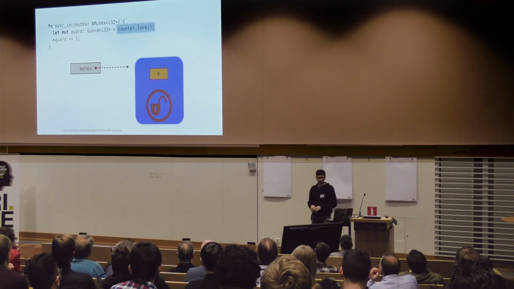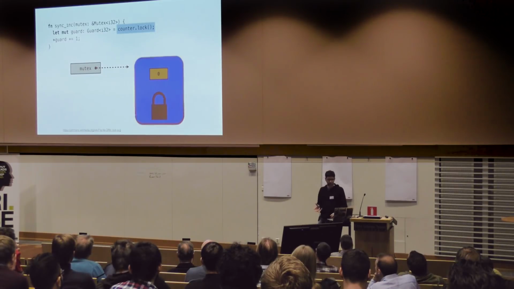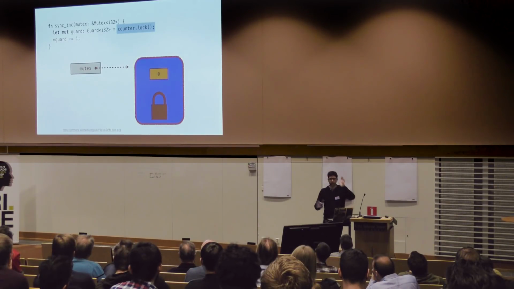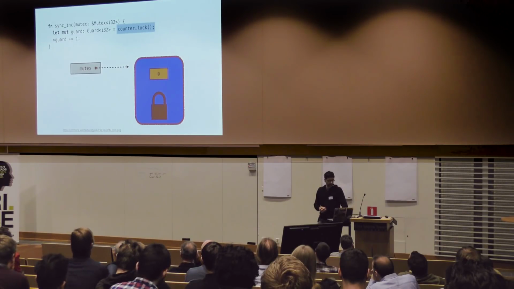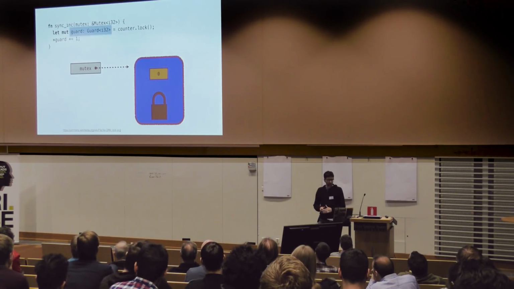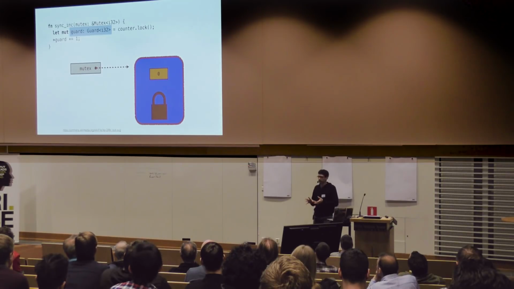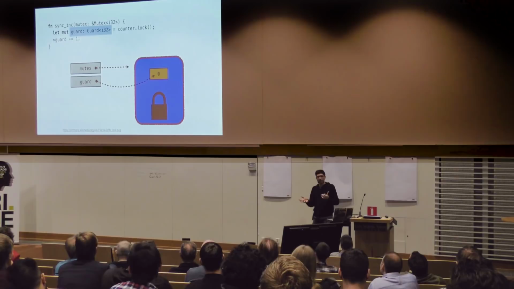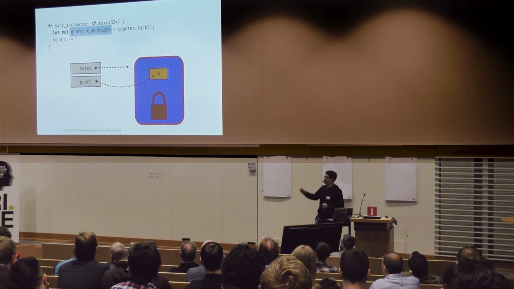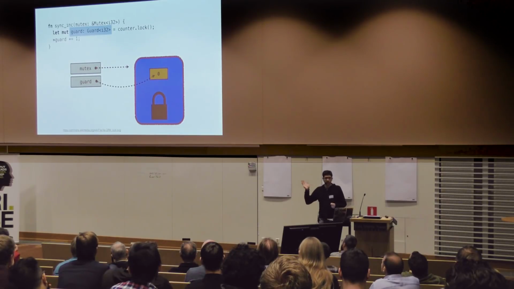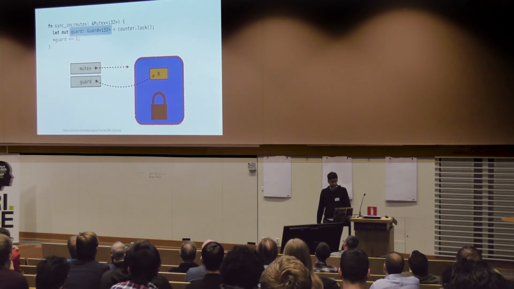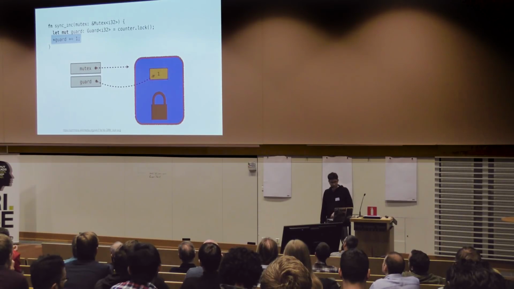And what that method does is it acquires the lock, first of all, so that'll block until all the other threads have, or until you have unique access. And then it returns a guard. And a guard is another part of the mutex API. It overloads the deref operator in Rust terms, but it acts like a pointer. So it has a pointer directly into this memory, and it lets you access it. So for example, we can do star guard plus equals 1, and that will increment this integer.